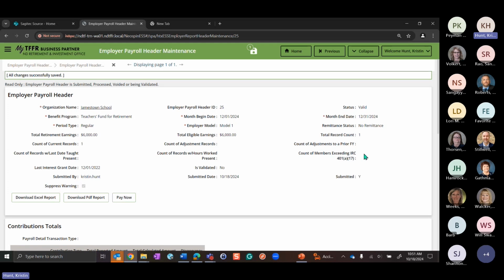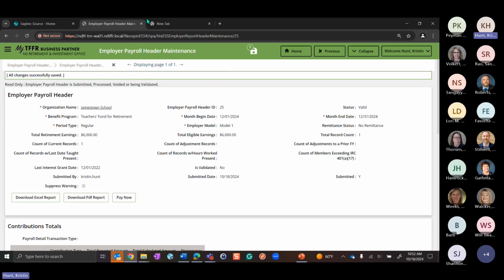So then that gets sent to TFFR, as I like to call them, the elves in the system. I know there's a batch job that runs daily that'll post stuff. TFFR might need to go in there and review it if that's the case. But otherwise, it will get posted.